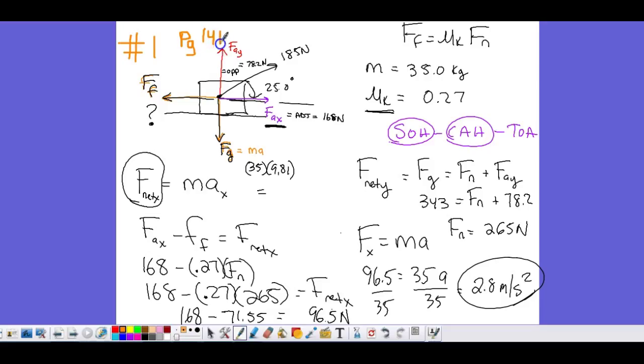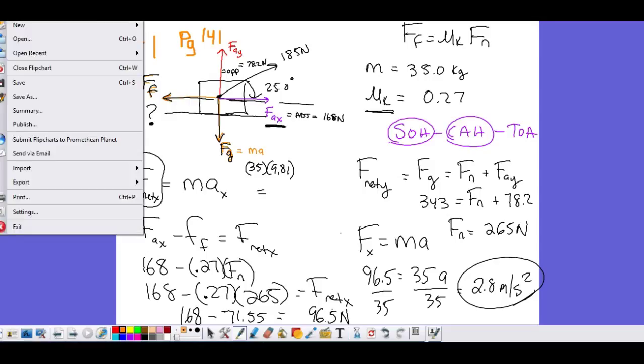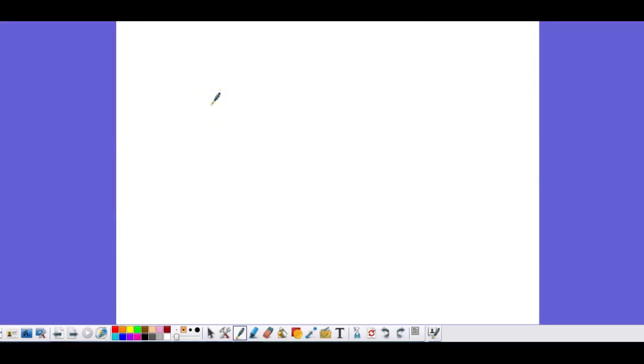Okay. Now, somebody had asked about problem number 2, and I kind of want to show you how to do that. But if you remember, if you look in the book, problem number 2 requires the information from this problem to solve it. So if we give ourselves a new page and use the information that we figured out in the first problem,